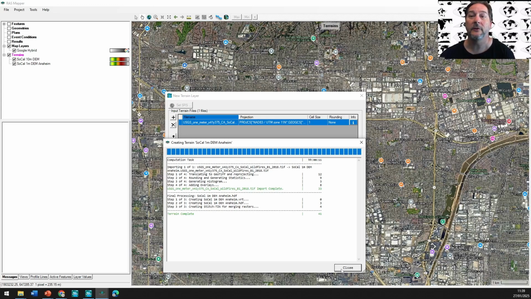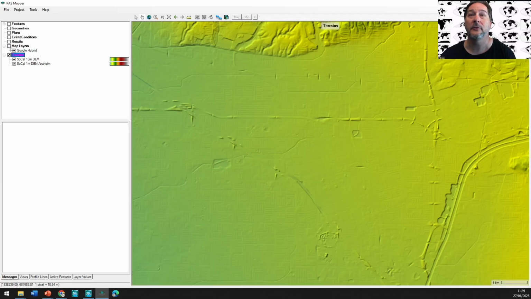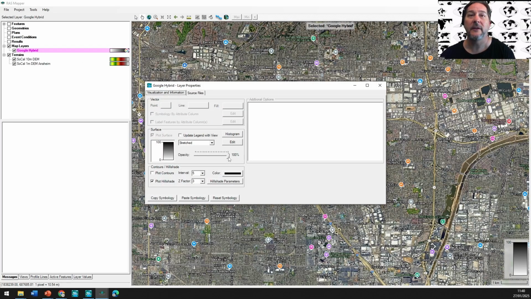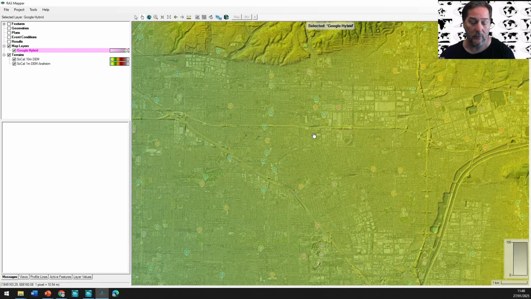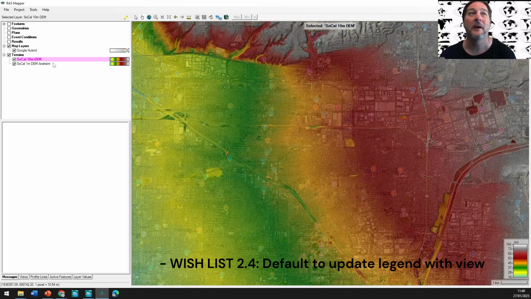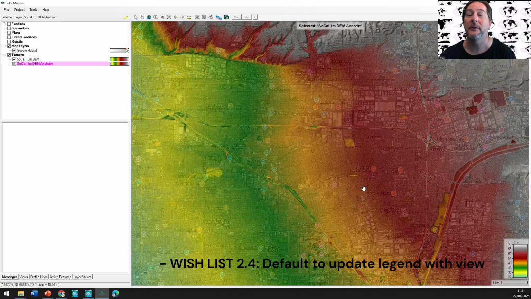When it finishes downloading, it resumes me to where we're at. I can either turn this on and off to see where we're at, or I can double click and we can fade this back to see some transparency underneath it, and then we can orient ourselves and know where we are. I still don't see much of the relief. One suggestion: I wish they would just have this on by default, because I think it's very handy. When you double click on these, turn on update legend with view,